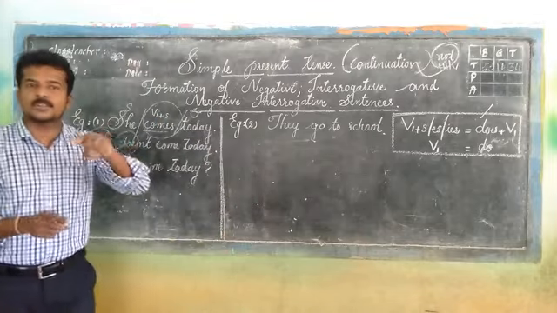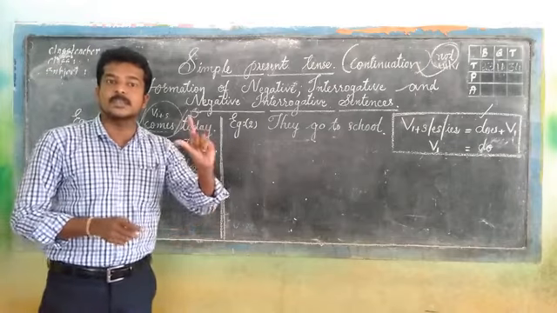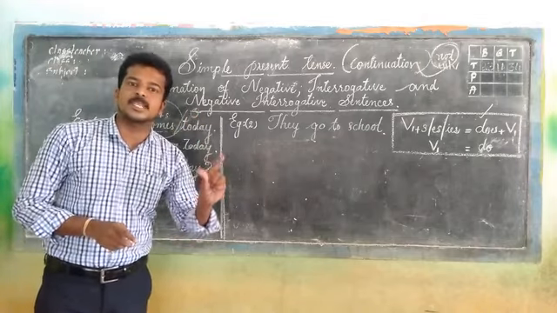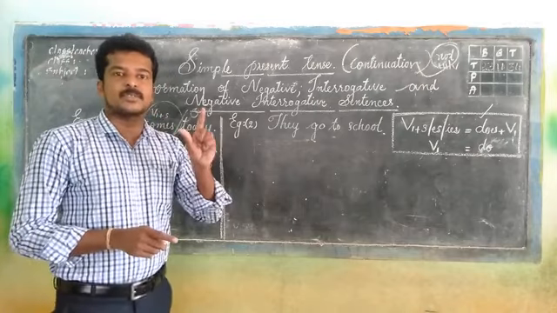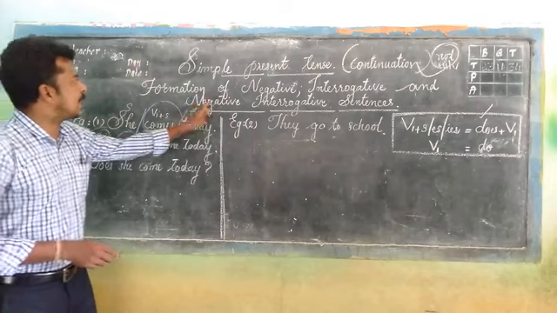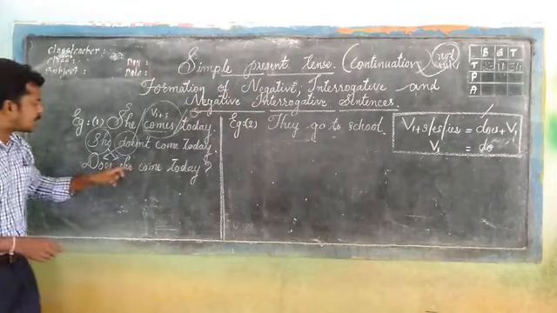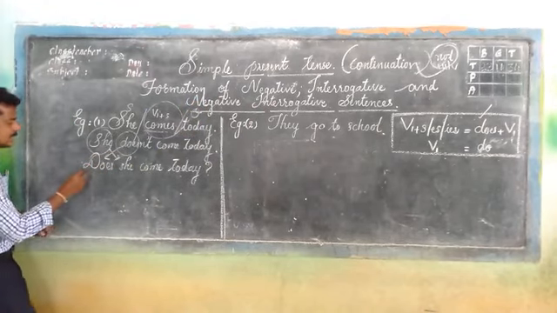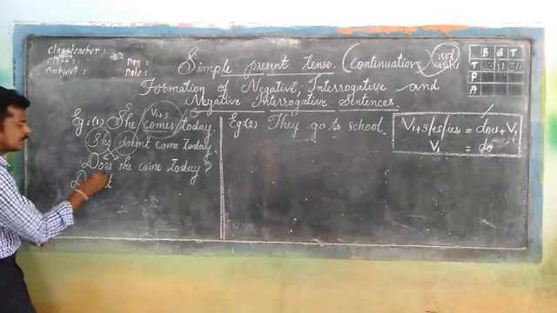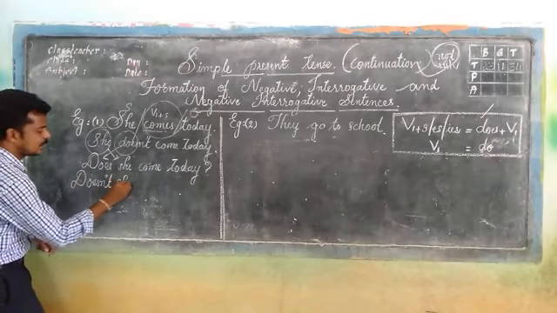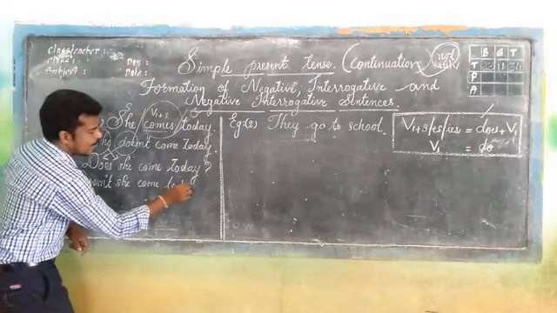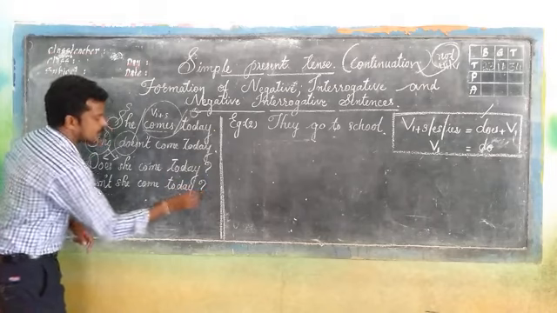Two answers, as we have already discussed about interrogative rhetoric questions. It always starts with a helping verb and there are two answers, either yes or no. And next is negative interrogative. Start from the negative helping verb and that is doesn't. Doesn't she come today? Now it is an interrogative sentence.